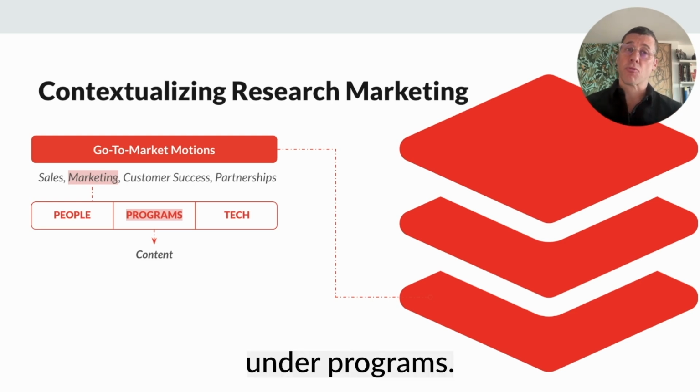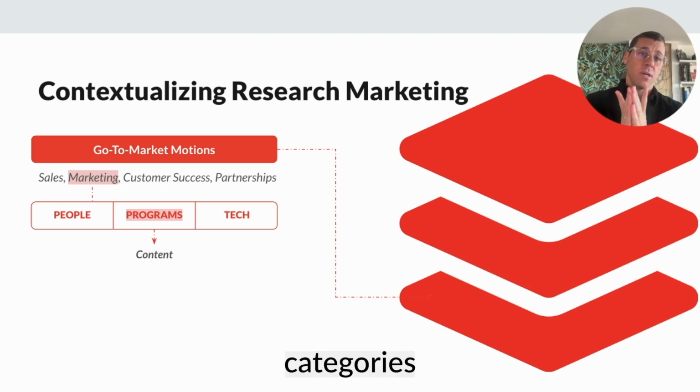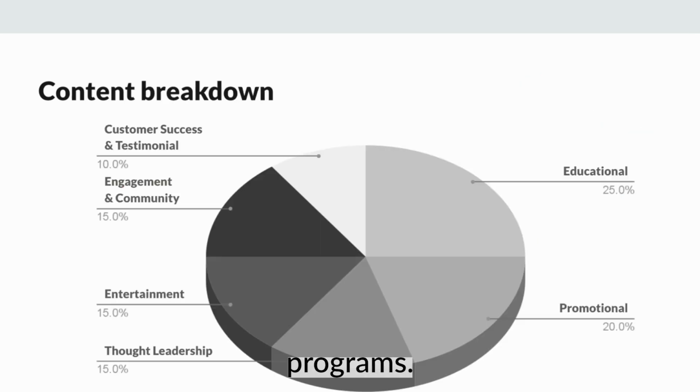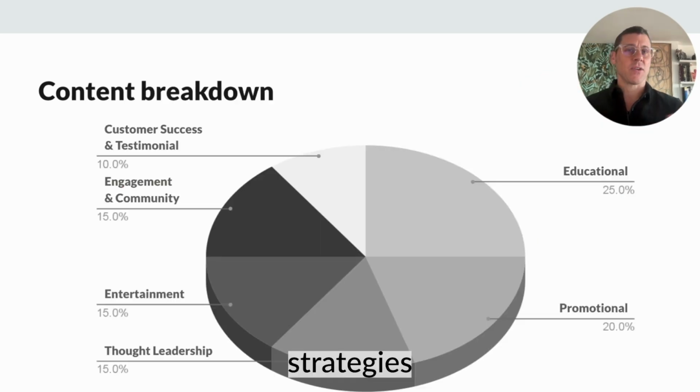Specifically, it falls under programs. And when I design marketing budgets, I think of them as having 3 categories: people, programs, and tech, and content strategy sits within programs. All content strategies consist of different types of content, and these categories in the chart reflect them in aggregate. I'll also state that I'm going to touch later on AI, and these percentages that you're seeing reflect a blend based on information sourced by ChatGPT from publicly available materials on content segmentation.